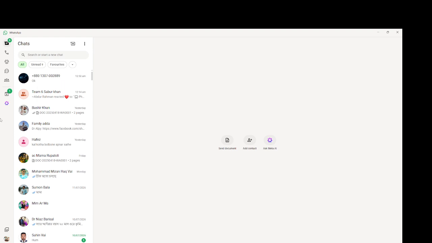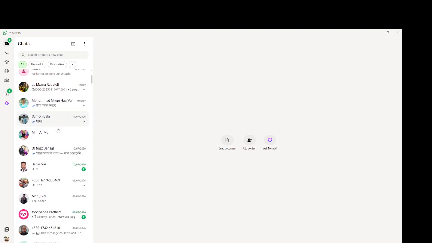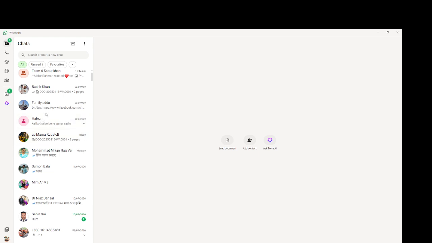So let's get started. As you can see on the screen, open WhatsApp and go to the Chats tab. Now find the conversation that you want to mute. Next, press and hold the chat until it becomes selected. Once the chat is selected, look at the options at the top of the screen and tap the Mute Notifications